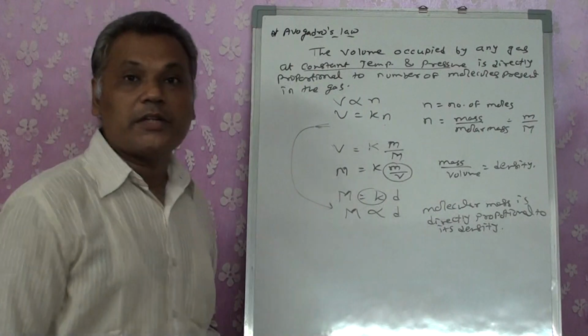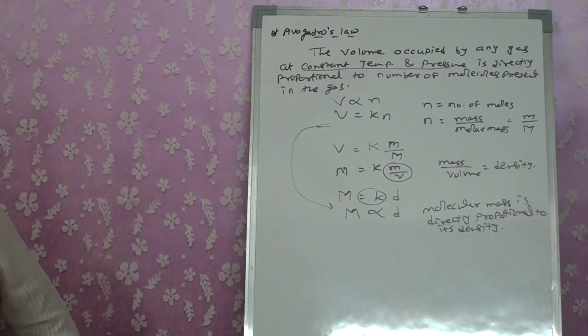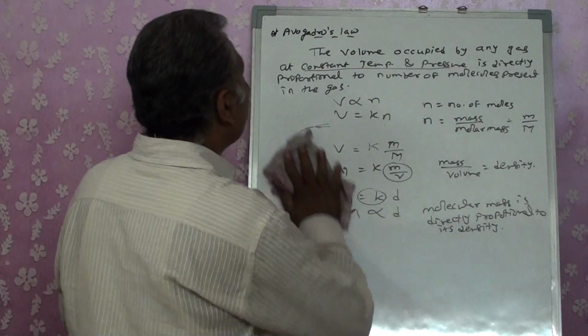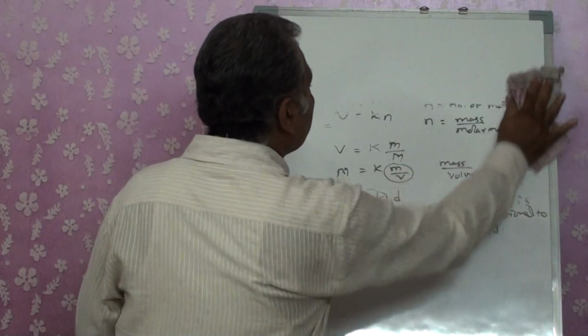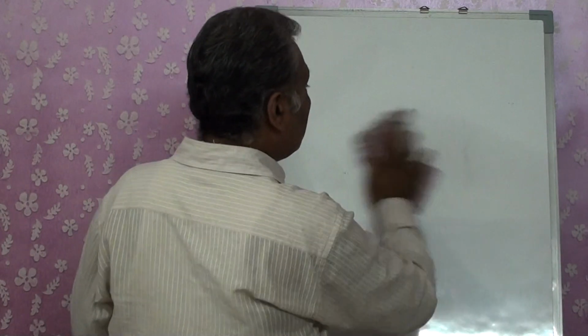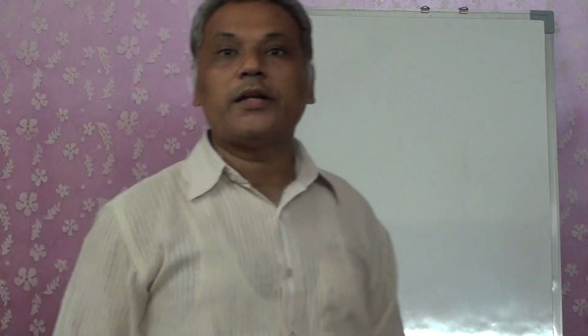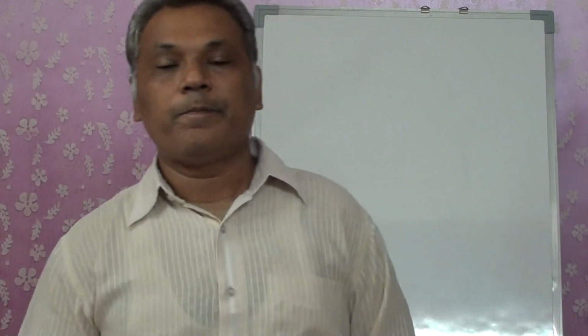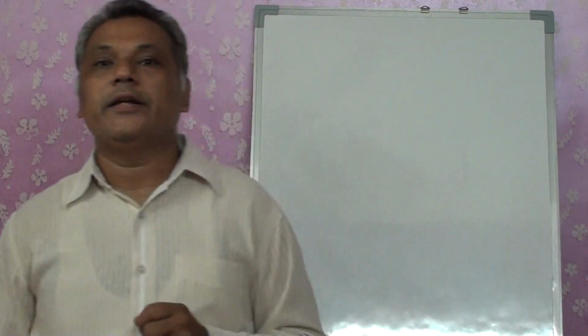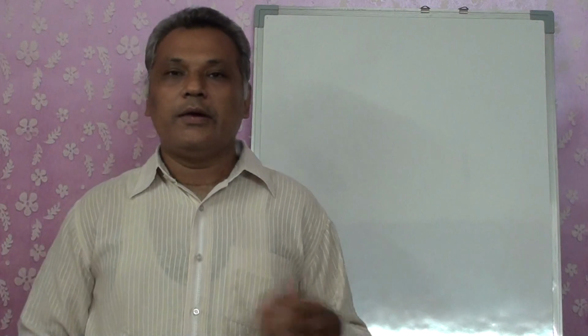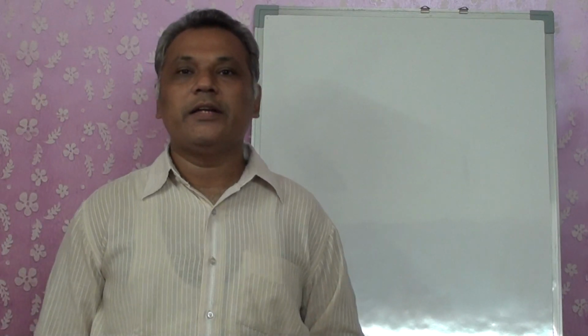Now after studying these four laws, that is Boyle's law, Charles' law, Gay-Lussac's law and Avogadro's law, we can say that those gases which obey Boyle's law, Charles' law and Avogadro's law are going to act as an ideal gas. Now what is the meaning of an ideal gas? When Boyle's law and Charles' law are obeyed by them, and Avogadro's law is obeyed by them, then why do we consider them an ideal gas?